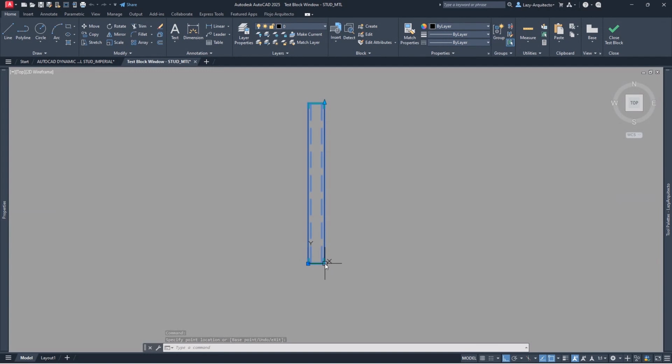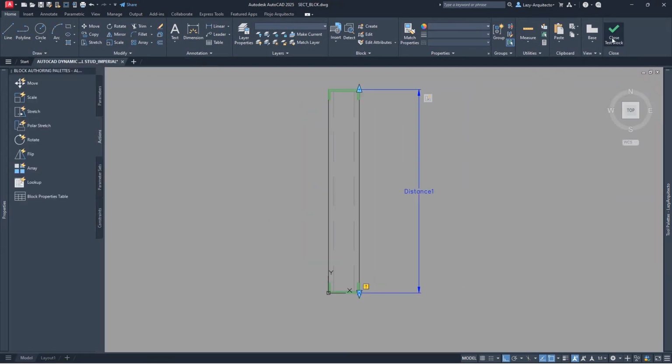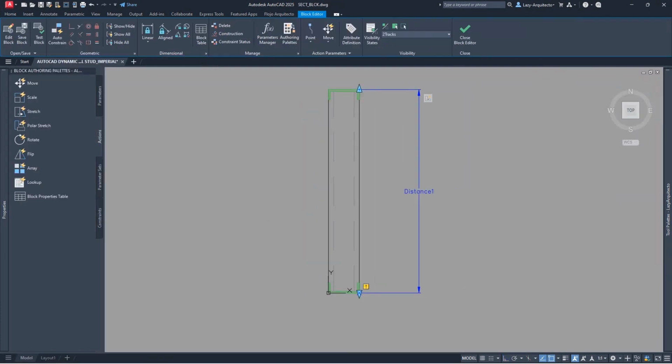Now, what about stretching this in the other direction, right? Stretching it instead of going up. What if I want to stretch it down also? That will give me more flexibility. So let's try that. I'm gonna go and close the block editor over here,